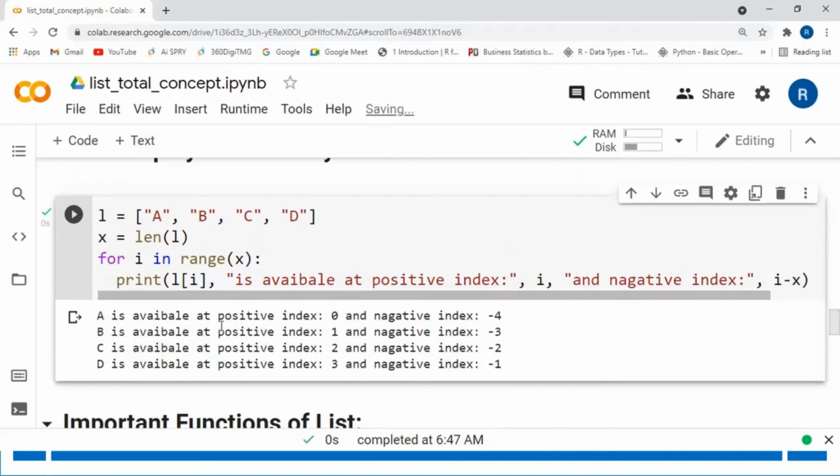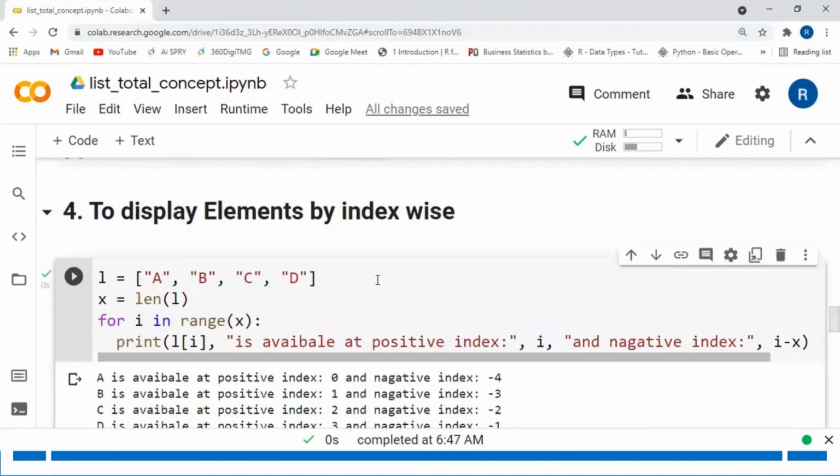A is available at positive index 0 and negative index minus 4. B is available at positive index 1 and negative index minus 3. And C is available at positive index 2 and negative index minus 2. And D is available at positive index 3 and negative index minus 1. Yeah, friends, I explained with one list. You can take different lists and practice it.